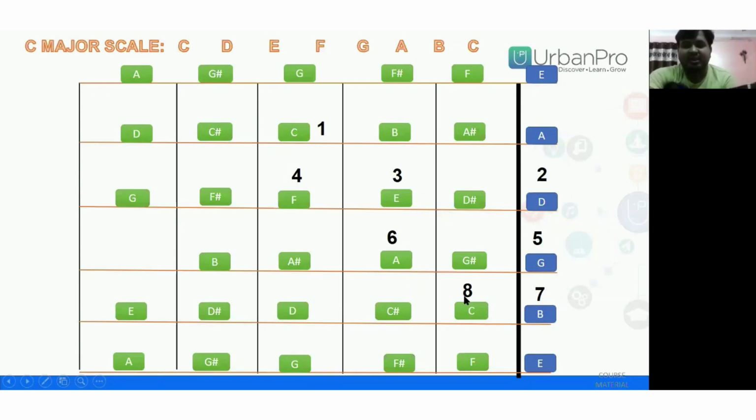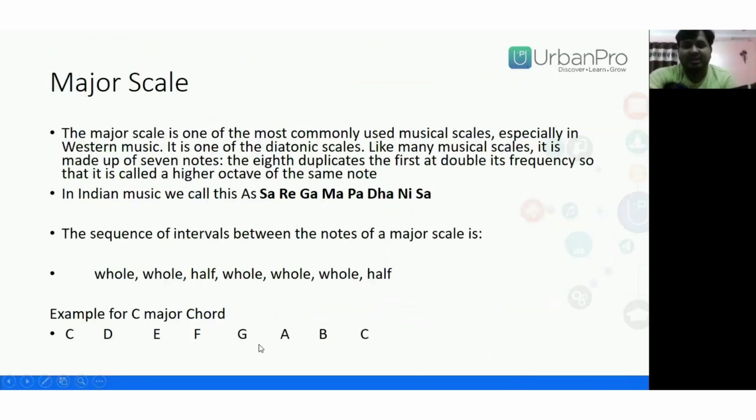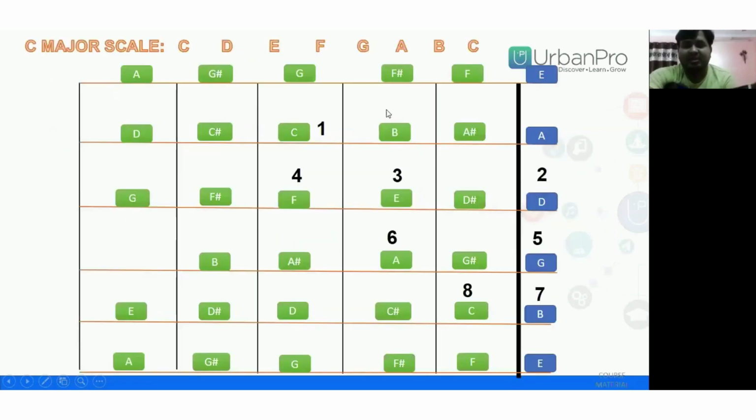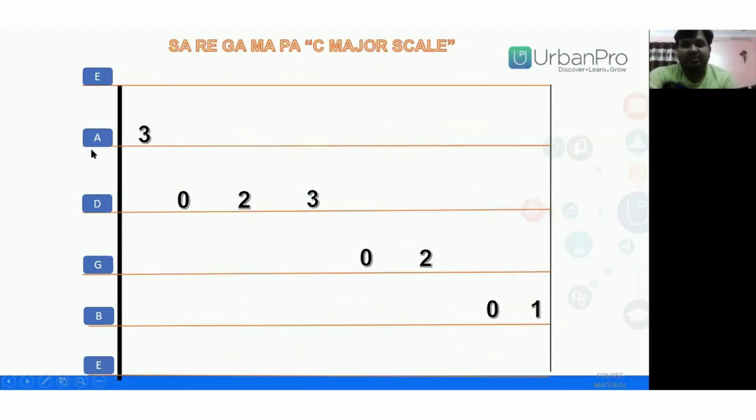So in this way, you can play the C, D, E, F, G, A, B, C. And you need to make sure you're going from top to bottom. Yeah, I started from the C and I ended with the C. Okay, and same thing, if you wanted to play in the easiest way, you can do it this way, right?